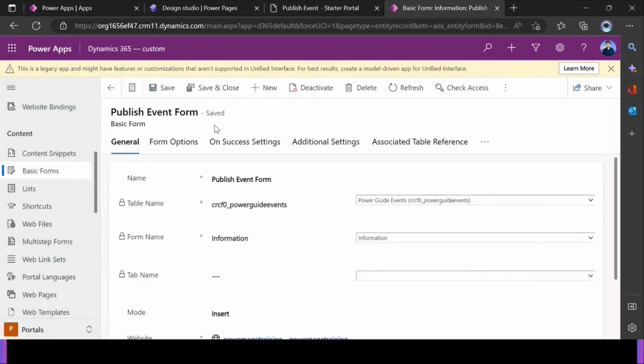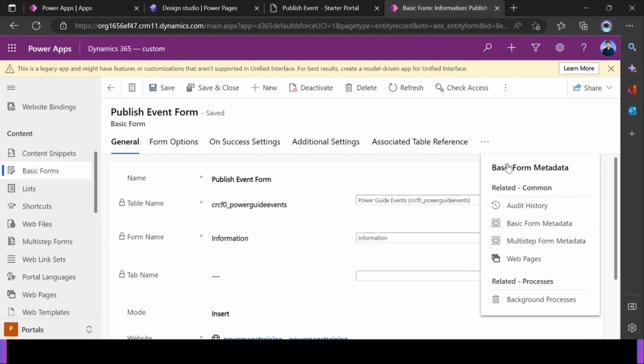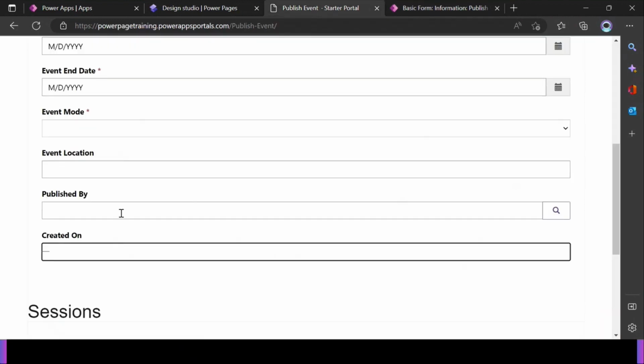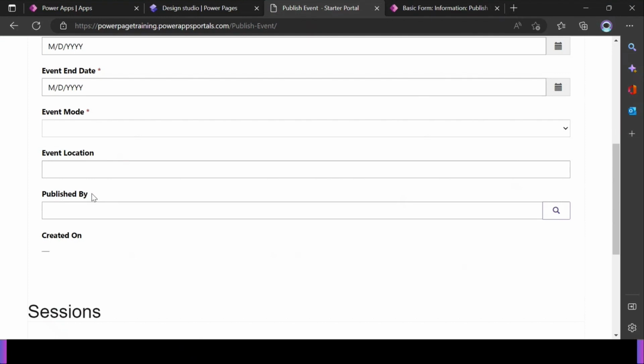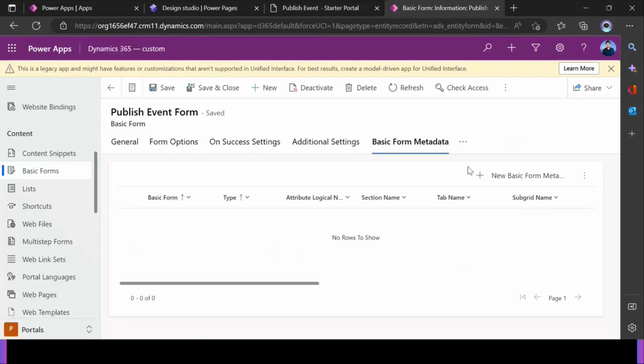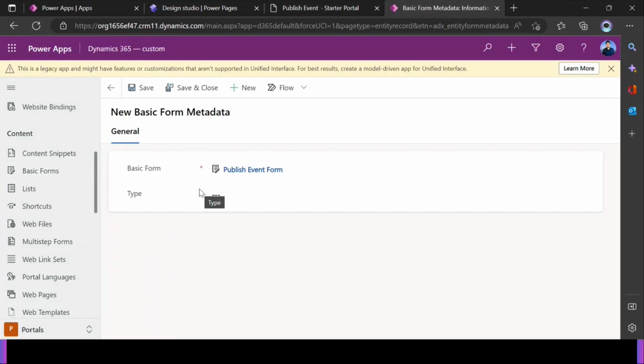Okay, so I'm going to this form, and if I click here, I have an option called basic form metadata. If I click here, I can see there is a subgrid because I can create multiple form metadata for my particular form. As you can see here, I want to change the properties of all the form controls. So that's why it has a 1:N relationship. So if I have to change the property, first of all, I just want to auto populate the logged in user in the published by lookup. So what I'm going to do is create a new basic form metadata for my basic form, and it will automatically auto populate